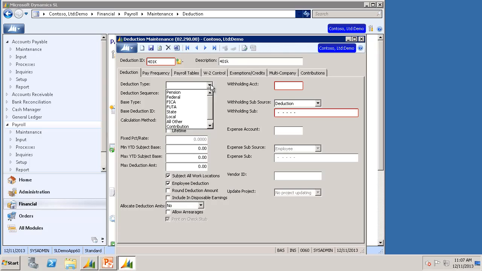calculates them. So if you intend on exempting this deduction from federal or state, you must pick a deduction type that gets calculated before federal or state. So I will select pension, which does sort of make sense for a 401k. My base type will be gross earnings and a fixed percentage to allow employees to withhold a fixed percentage from their gross earnings. I will populate the rest of the required fields